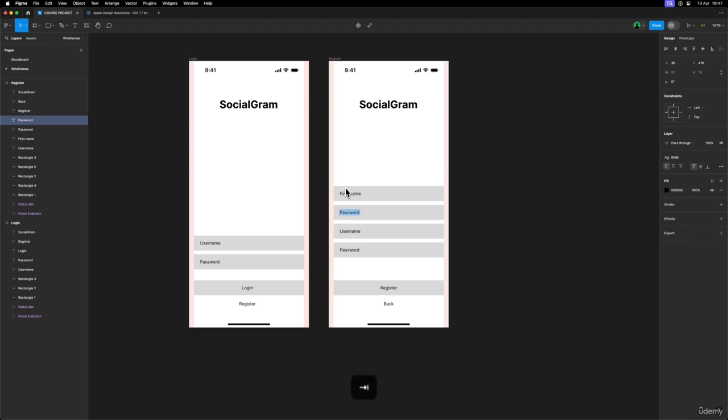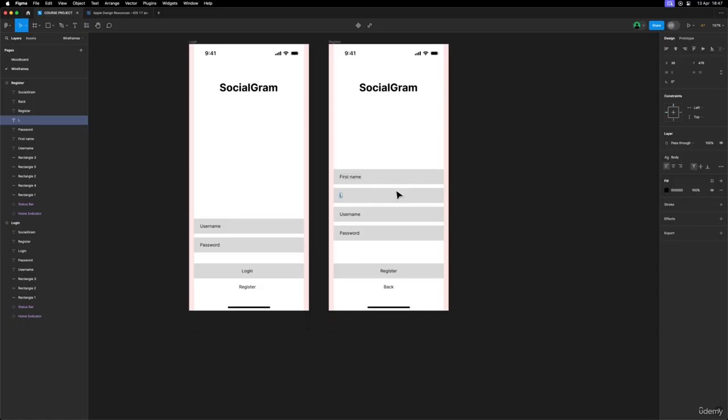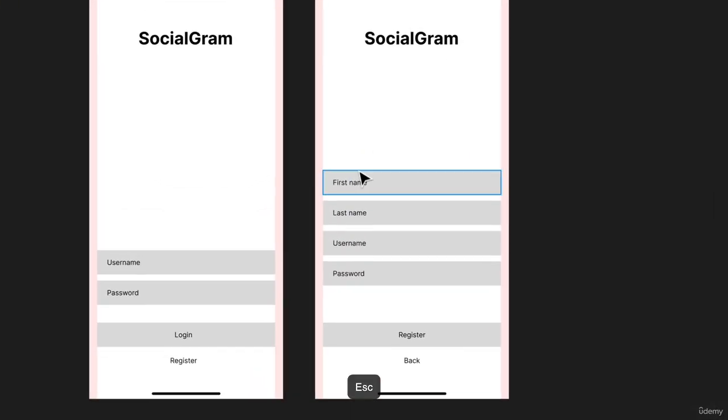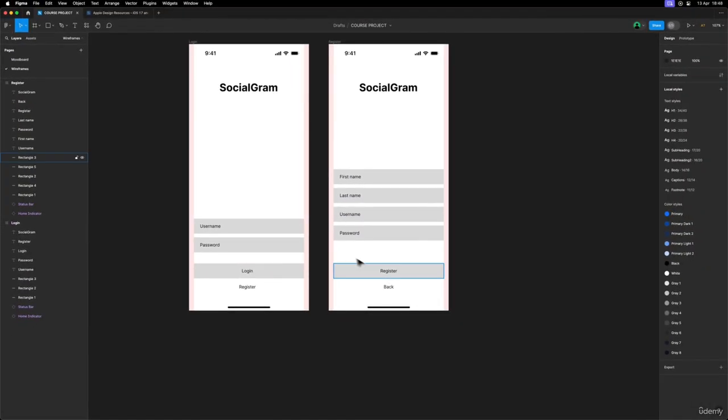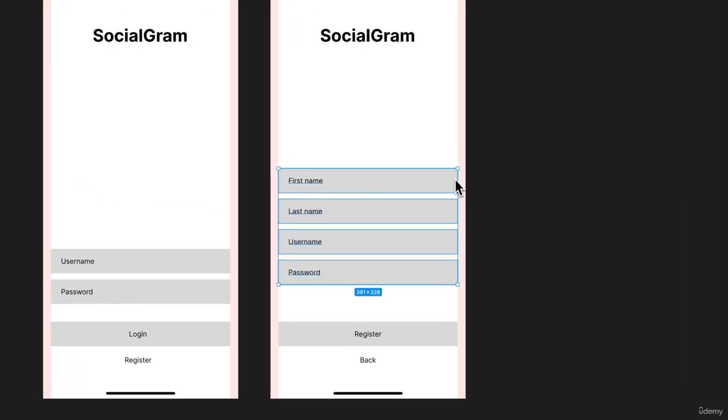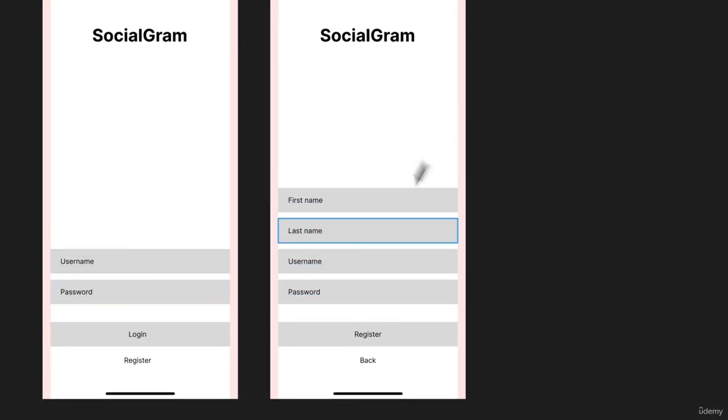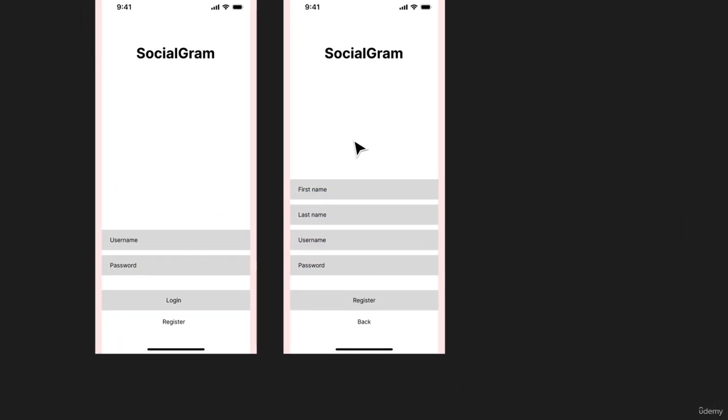First name, and holding the tab button, what you can do is just go from one text to another. So let's change this one to the last name. Okay, so we are having first name, last name, username and password, and register down below. So let's just move them slightly like this. Okay, now I think it's